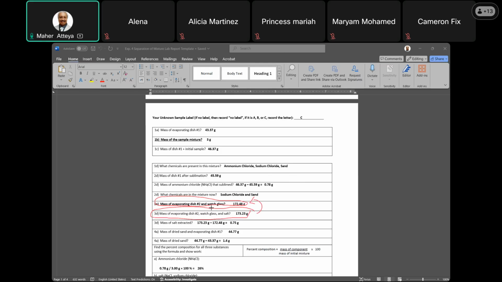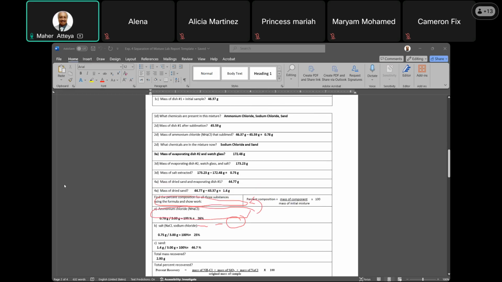So the mass of the evaporating dish and the watch glass is 172.48, correct? That's empty. Now filled with the salt is this one here. So the difference between filled minus empty will give us this amount. Correct, guys? Any question, guys? Correct? So then I know the mass of this salt. I have to do it the same way we did. So let me clear the